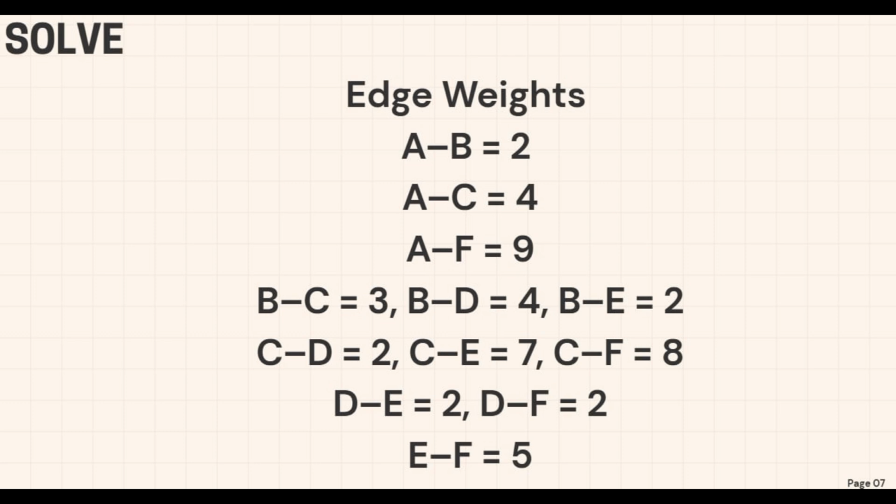These weights represent distances or cost. Our goal is to find the minimum total distance from A to every other vertex. We apply Dijkstra's algorithm. We start by creating a table of distances at the beginning. The distance to A is 0. Distance to B, C, D, E, and F is infinity. No vertex has been visited yet.